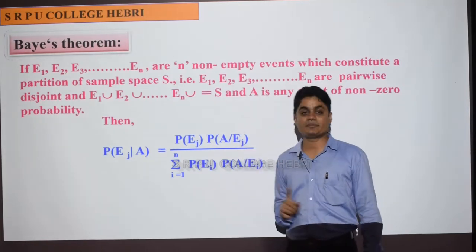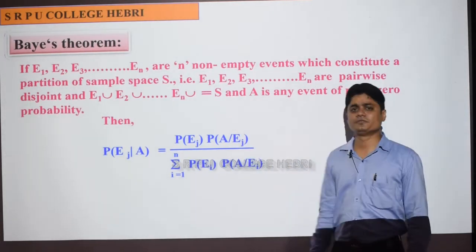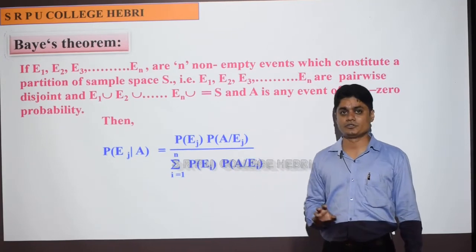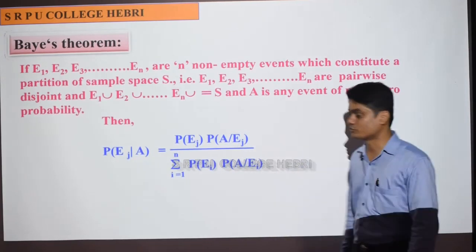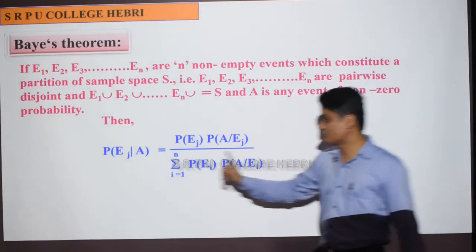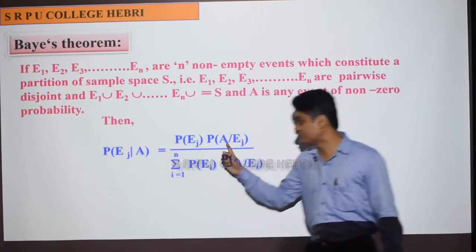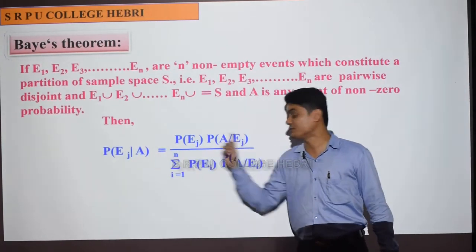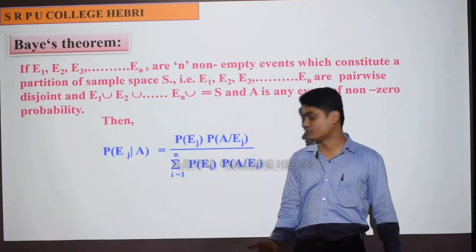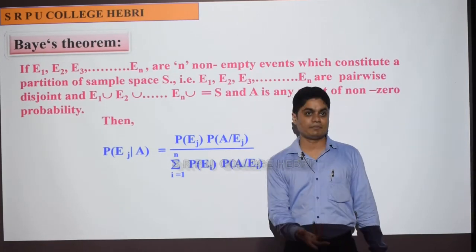So this is the statement of the Bayes theorem. A very simple proof is there. Again, the proof is not important for the exam, but I'll give you the proof. You write it in your notebook, but from the exam point of view, no need to give it more importance. So this formula you have to remember. To avoid confusion: Ej given A is at the start, and in the bracket A given Ej. The same term should definitely not come again; if the same term comes here, then everything is wrong. This is nothing but P of A, which you saw in the previous concept.